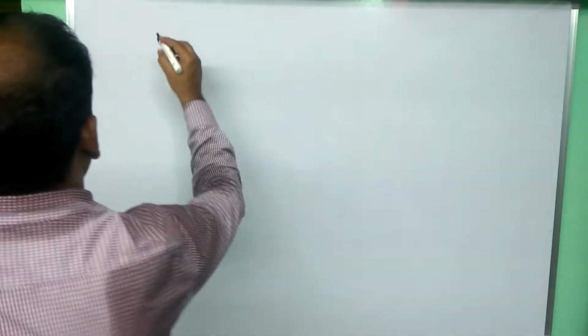Good morning, students. In this video, let us see one more great practice example for the systems classification, stable and unstable systems. Here I am considering the discrete time systems. Let us see the equations given for the systems.